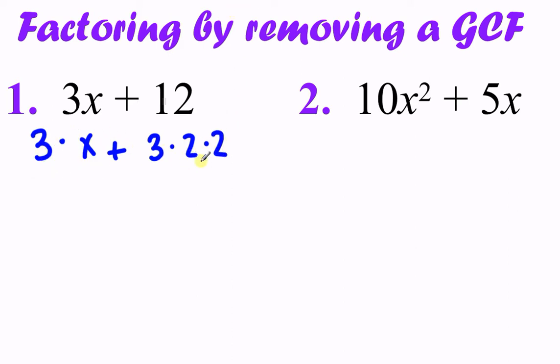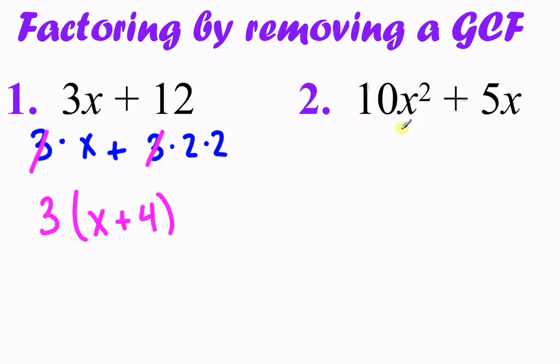Obviously there's a pair of 3's in there, and you probably knew that even before you did all this work. But the 3 can be brought to the front of the problem, and then whatever's left is what you'll write on the inside. So x is still there, the plus is still there, 2 times 2. Let's put that back together and make that 4. So this is the most basic form of factoring. Just pull out any numbers that are the same, or any variables that are the same, and if you redistributed that, 3 times x gets you back to 3x, 3 times 4 gets you back to 12. You can test that and just make sure you don't make a mistake. It should be reversible and go back to this as well if you wanted to do that.